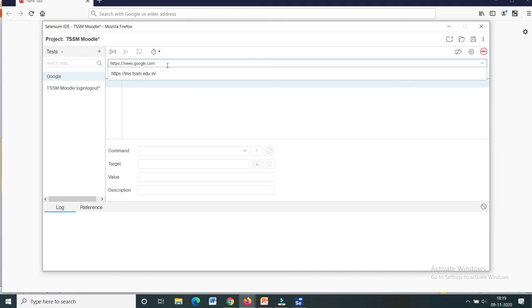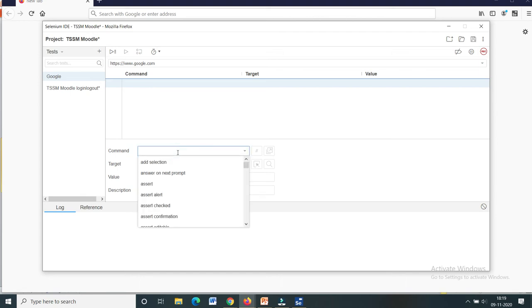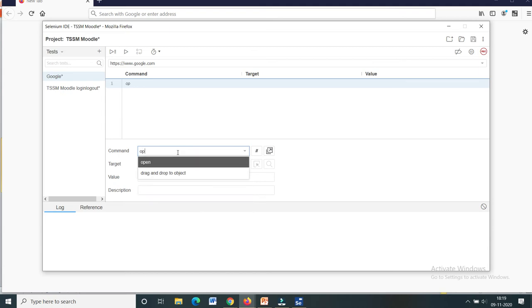www.google.com. Here is a table format that contains the command, target and value columns. So here you have to enter the different commands. For a particular web page I have to open, so I will put it as open